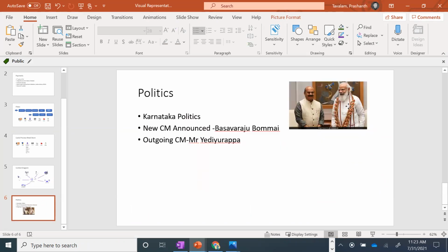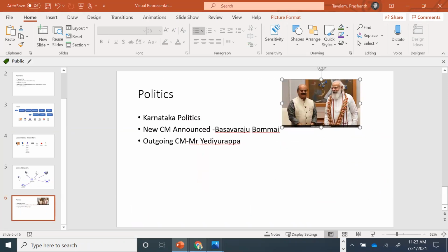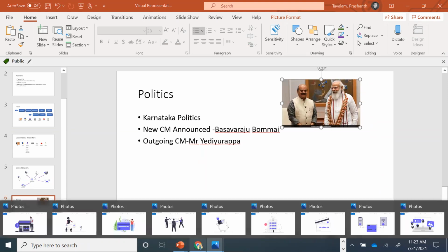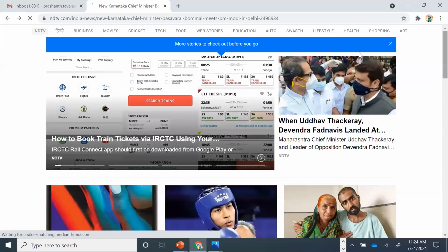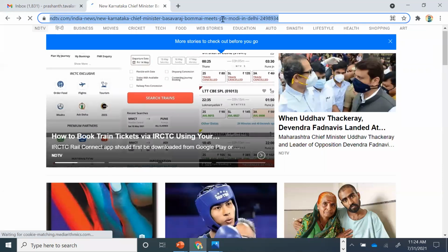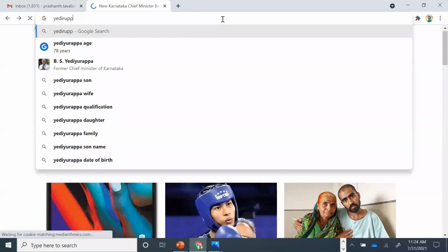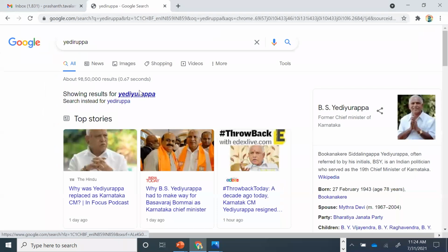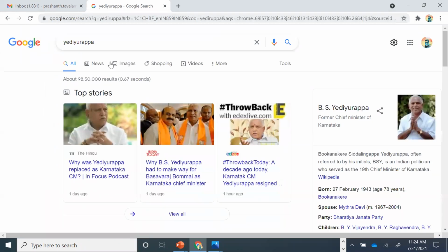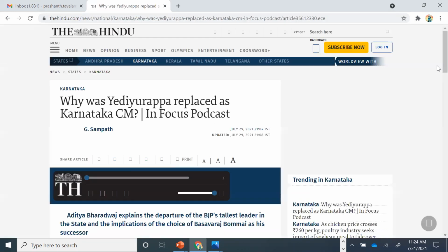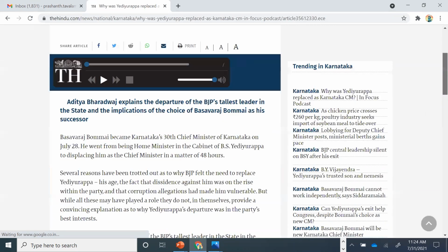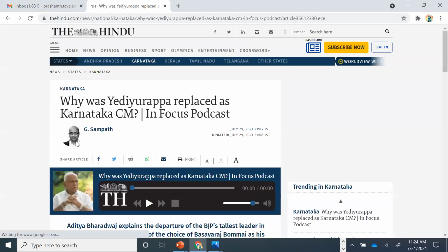Okay. We'll have to put an unhappy face of Yediyurappa because he's exiting.